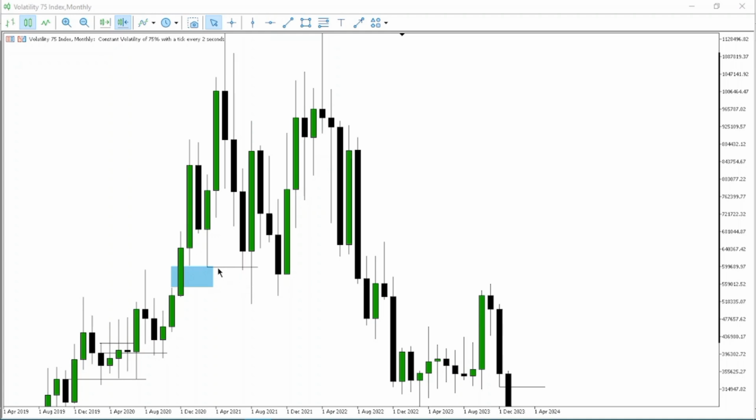Remember when we spoke about old highs and old lows, the significant ones, what we mean by that is swing highs and swing lows, the old swing highs and swing lows, not just any old high and old low. Essentially, when you're looking at a monthly time frame, or monthly candlesticks like this, the highs and lows of the candlesticks are not that relevant, even though they're previous monthly highs and lows. They're only more significant when you're looking at them on a lower time frame, like weekly and daily. But when you're looking at this monthly chart,